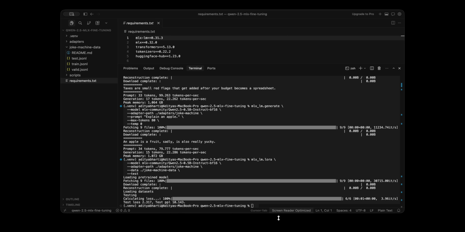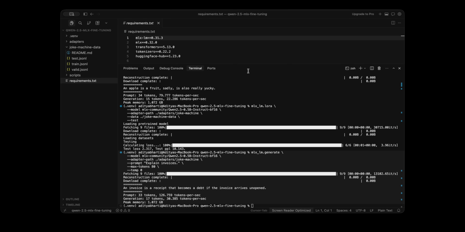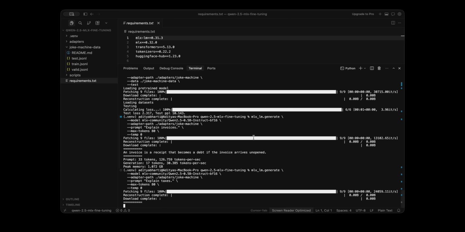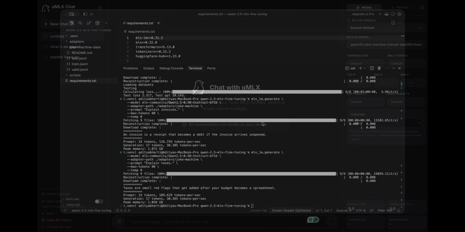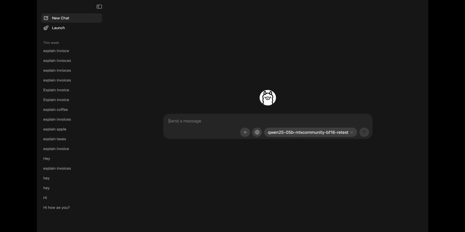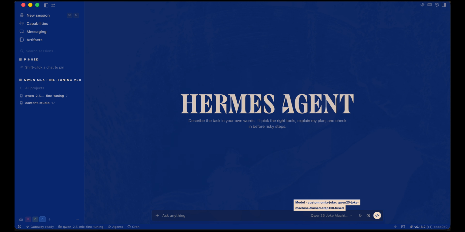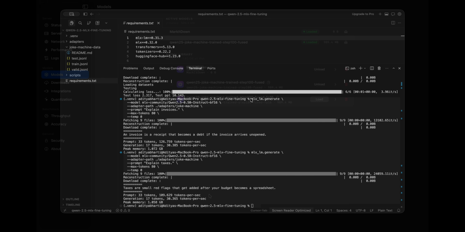A model can work in one runtime and fail in another because each runtime handles architecture files, precision, prompt templates, context metadata, and request settings differently. That is why I tested 3 layers: OMLX for exact MLX native API serving, Ollama for widely used local model packaging, and Hermes for integration inside an agent application. This distinction shows whether a failure came from the learned behavior, the serving runtime, or the application configuration.